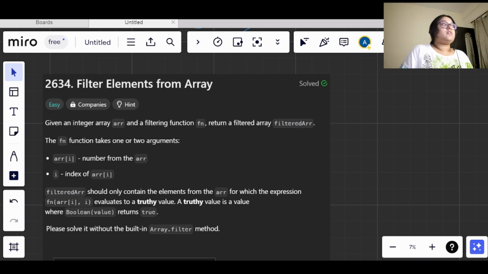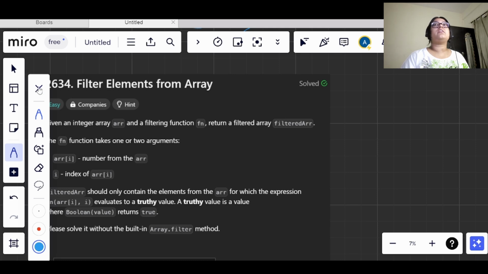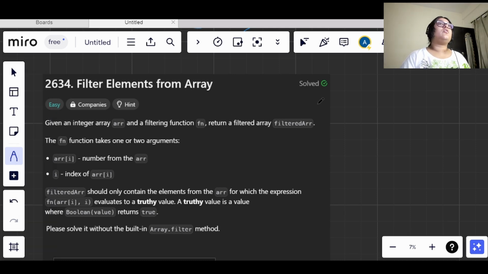So today is day 6 of our 30 days of JavaScript challenge, and today's question is filter elements from an array. This is an easy level question, and before moving on to the problem description, let's see what a filter function is in JavaScript. The predefined array.filter method in JavaScript